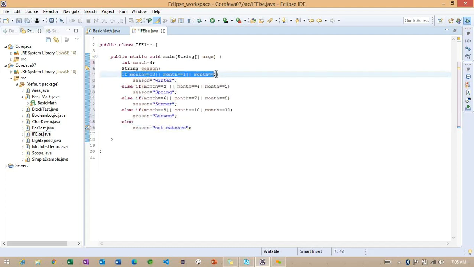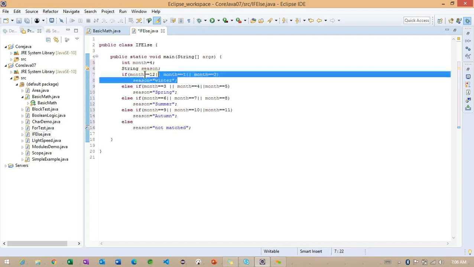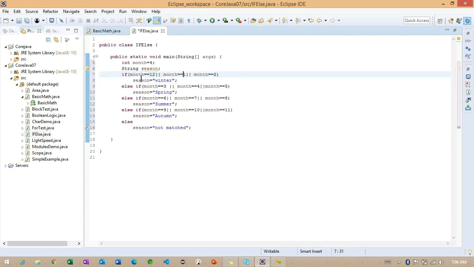Observe, initially we already identified this block called the if block. Whenever this block returns true, this particular line is going to execute. Up to this we identified in the previous classes, but if this condition is not satisfied, we have one more option here, but we need to follow the syntax: else if. You can create as many else if blocks as you want, but whenever you create an else if, you need to prepare a condition like this.